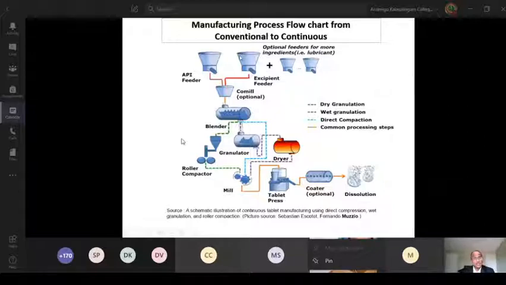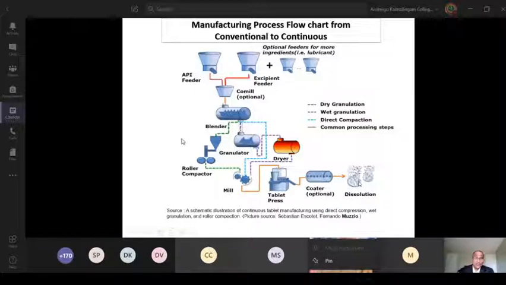Conventional versus continuous: in the conventional process, each and every unit operation is a segregated entity. However, in the continuous process, all the unit operations are connected in one go, and the product comes out continuously, right from the API and excipients, sifting, screening, blending, granulating, drying, and then tablet compression. Here also you need to come up with the design space, so you have to challenge the feeder RPM and the RPM speed of the turret machine, and look at the impact on thickness and hardness. If the hardness is very high, low, or at target, what is the impact upon the dissolution profile?